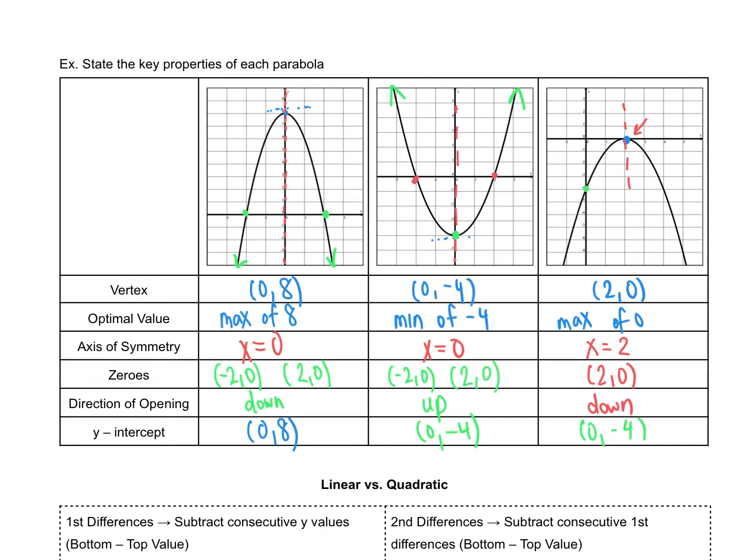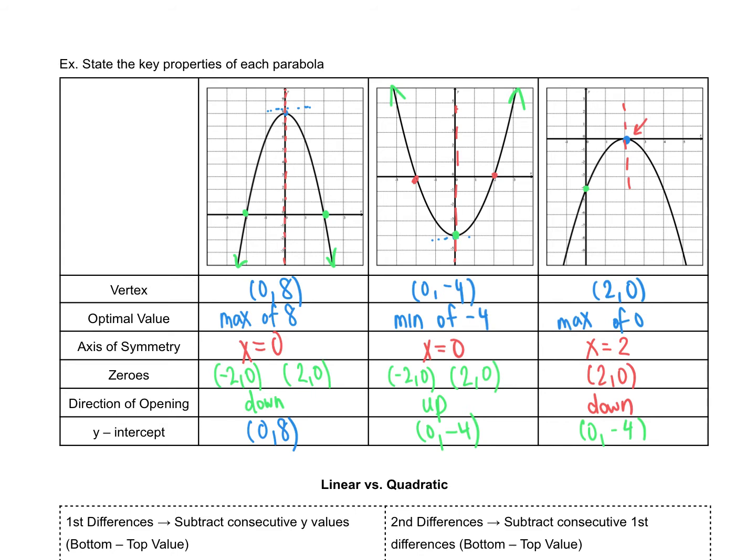So those are some key properties of parabola, so some new terminology there. You have to be able to look at a parabola and identify these features. Again, the vertex is the tip of the parabola, and it will result in an optimal value, your highest or lowest possible value, and the axis of symmetry, which is that vertical line that cuts the parabola in